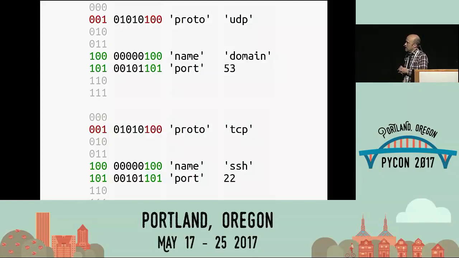I should mention that the strings are not really inside the dictionary. The integer 53 isn't in the dictionary. What the dictionary really stores, if you can imagine that you're looking at the matrix where it all becomes code, are the addresses of the string object that says name or port, or the integer object that says 53. So whenever in my dictionaries I put a little string or integer, I really mean the 8 bytes, always the same size on a 64-bit machine, that tell you where in memory to go find the object. But whether proto is a string or the address of it, it's the same top and bottom.